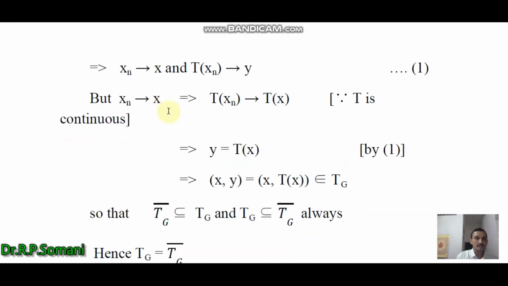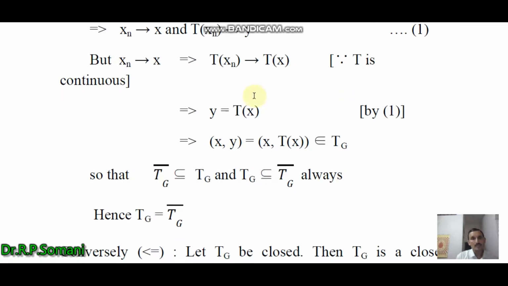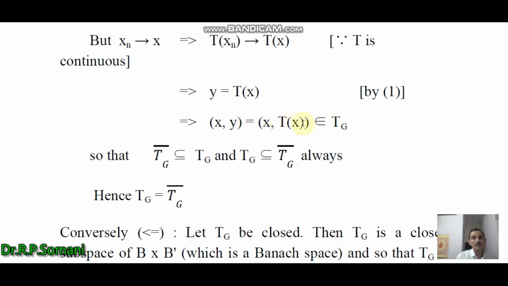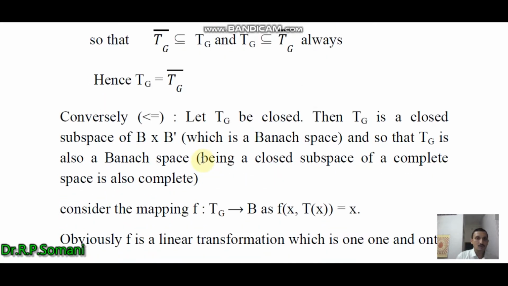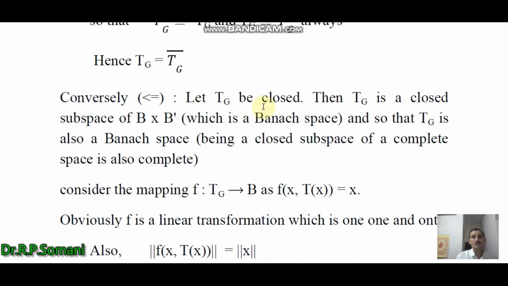But xn tending to x implies Txn tending to Tx because T is continuous. Therefore, we have y equals Tx by 1, and this implies that (x, y) equals (x, Tx) belongs to Tg. Hence, we obtain Tg bar is a subset of Tg, and as we know that Tg is always a subset of Tg bar, therefore we have Tg equals Tg bar, that is, Tg is closed. Now for the converse part,